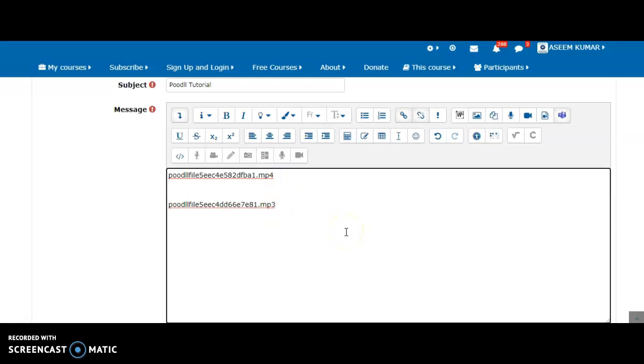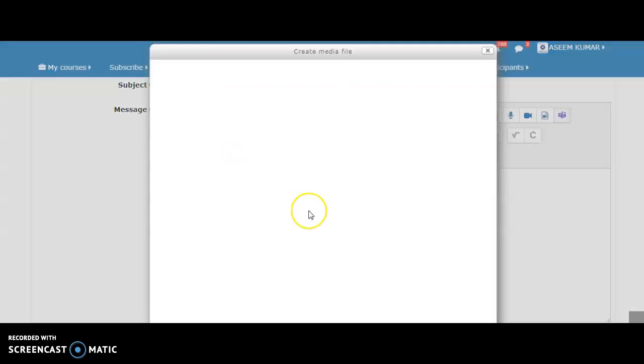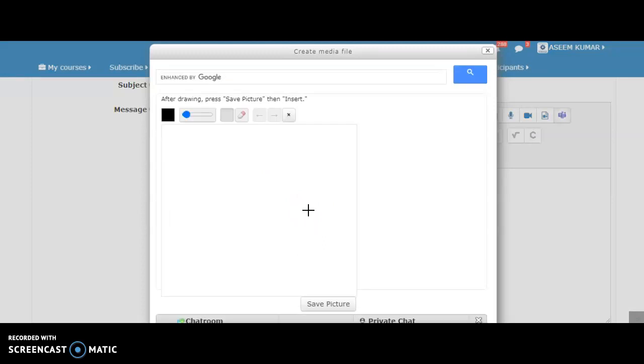Fine, okay. Lastly, I am going to explain the draw a picture facility. This can be used to draw a picture, to write something, to write numbers. Whatever you want to do, you can do it. Let's see. Here I see a few buttons on the top. This is for selecting the color of my sketch or writing. So I will select red color.